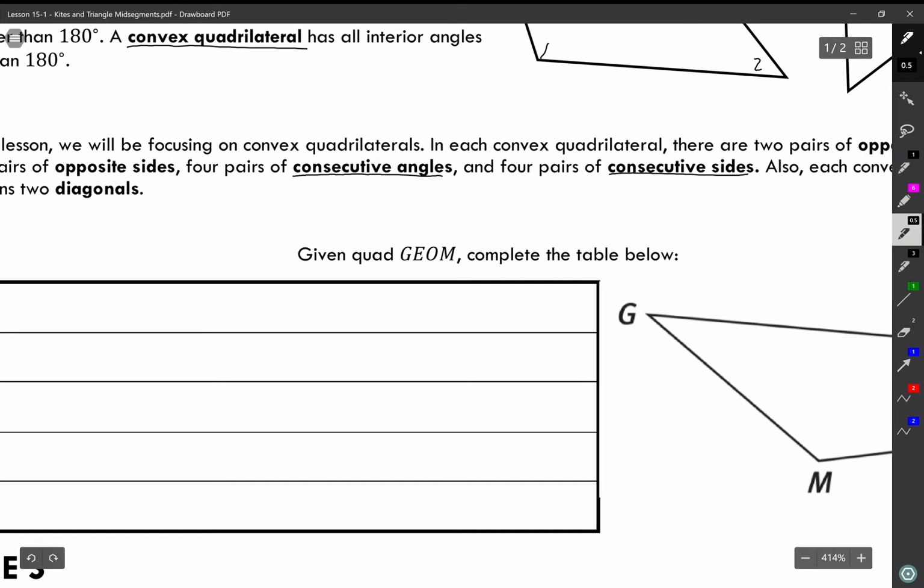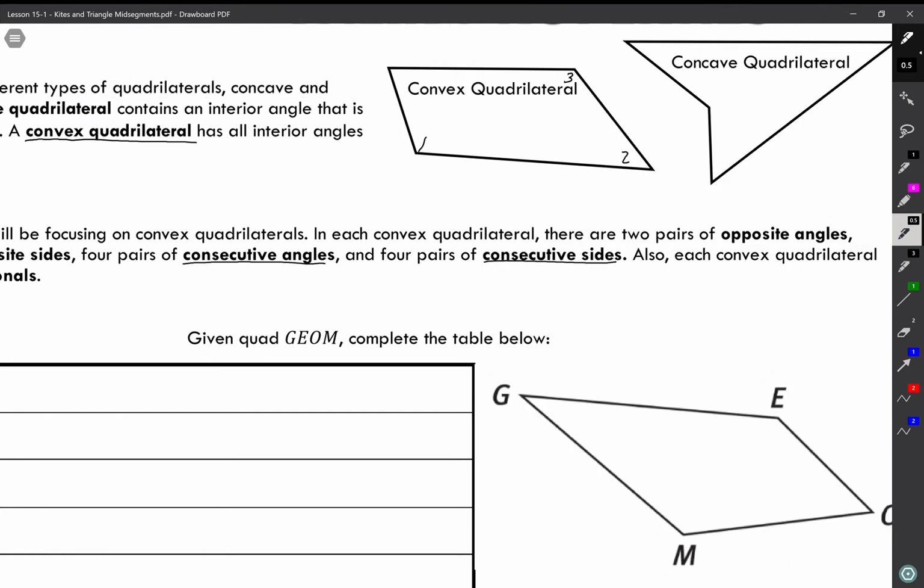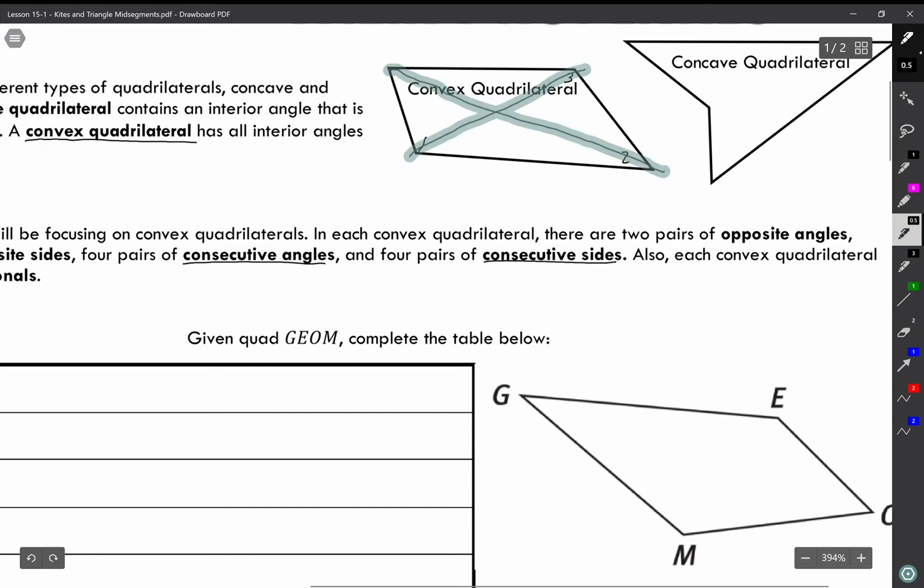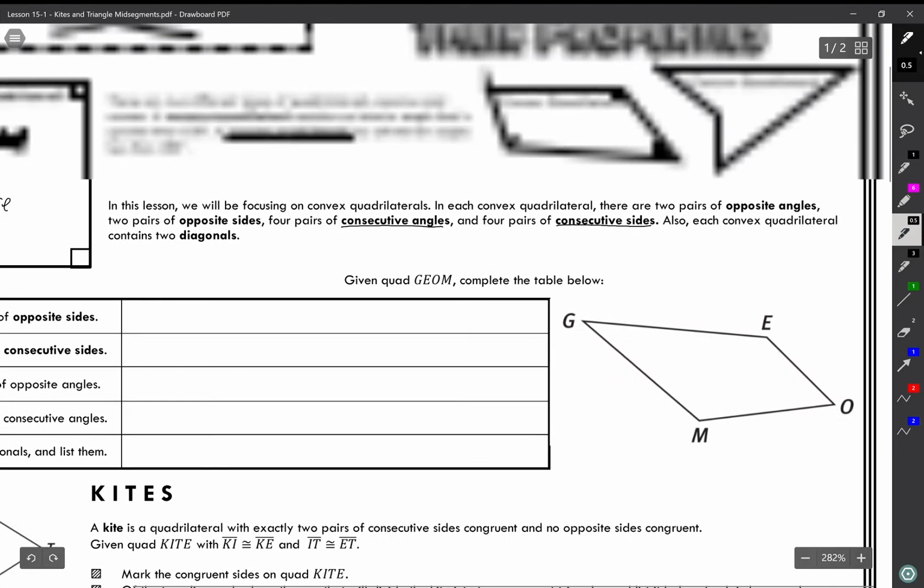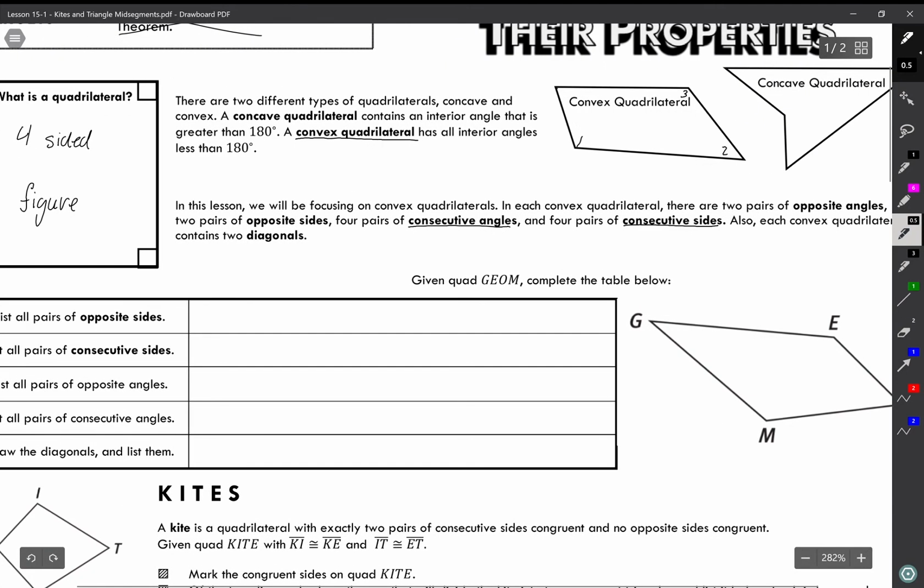Okay, so diagonals. A diagonal is a line you just draw from one opposite angle to the other. Okay, those are what we call our diagonals. So let's take a look at quadrilateral GEOM that we have to the right here. What we're going to do is complete the table below with